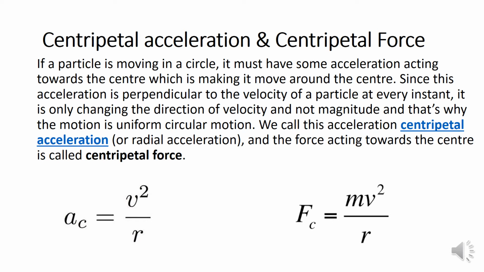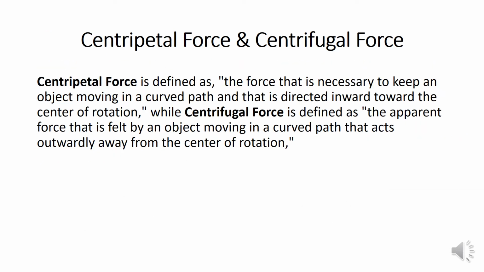So centripetal acceleration mathematically can be calculated as a_c equals v squared upon r, and the centripetal force, according to Newton's second law, F equals ma. If we replace a with centripetal acceleration, then the centripetal force will be mass times velocity squared upon r. Right, centripetal force and